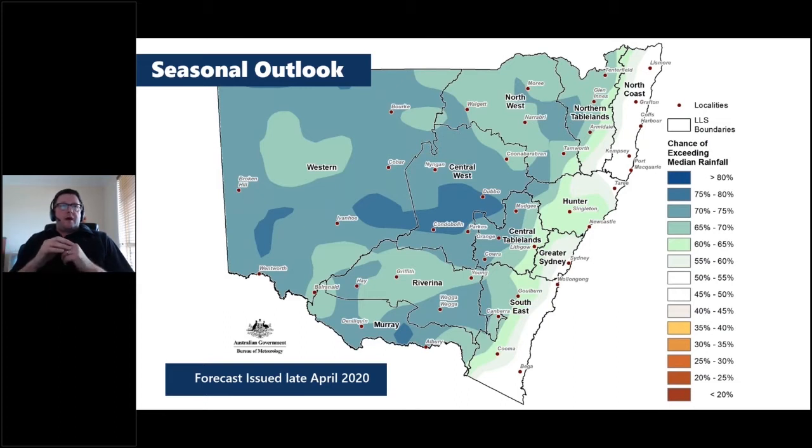What we've got at the moment are probably the most optimistic climate forecasts that we've seen for some time for New South Wales, probably at least the last couple of years. Quite strong probabilities in your region of being above the median rainfall over the coming 3 months. This particular forecast is a little bit old by a couple of weeks. The latest one, which we'll have a look at later, is actually a little bit stronger. It's become more optimistic. So quite good news, quite encouraging news on the climate front.